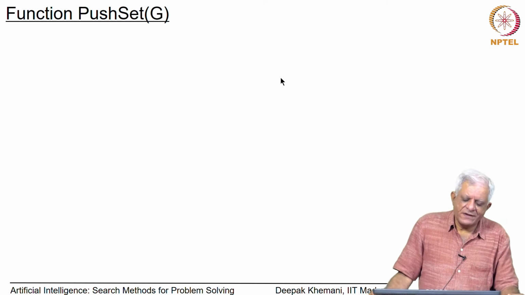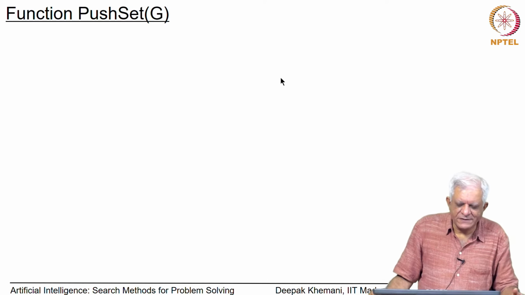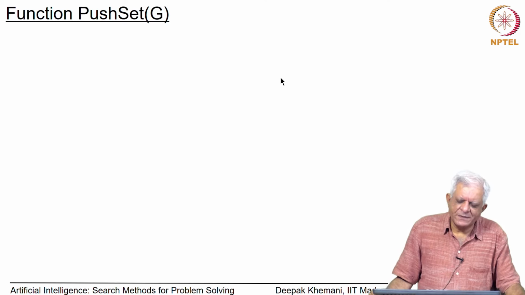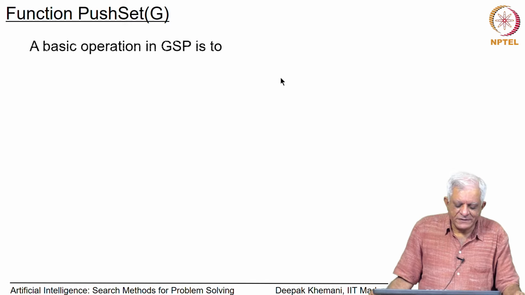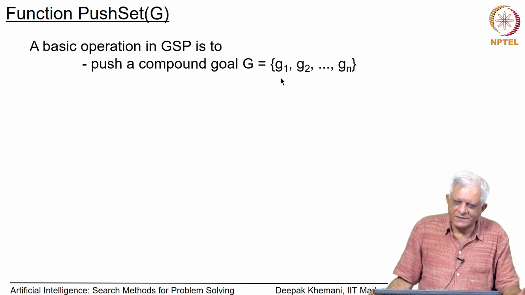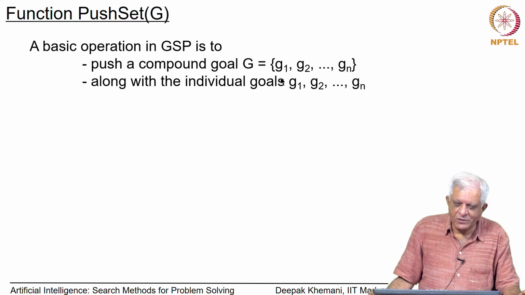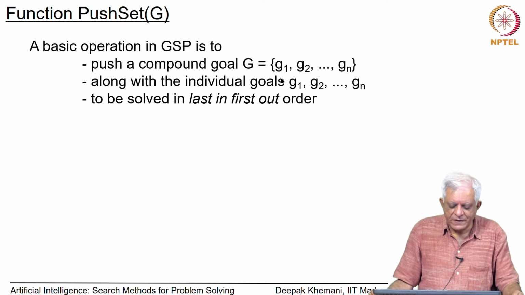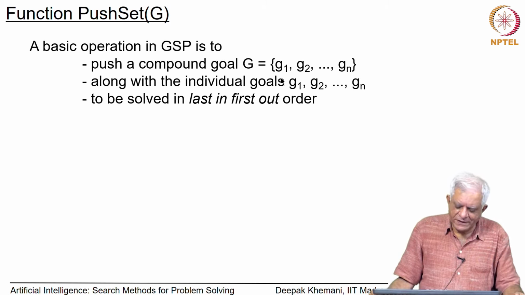So, we will use as part of our algorithm a function which I call push set. It is basically a push action in which you push something onto the stack, but what you are pushing is a compound goal which is made up of a set of individual goals. So, the compound goal is capital G here, and the individual goals are G1, G2 up to Gn. So, you push the entire compound goal onto the stack, then you push the individual goals in some order,